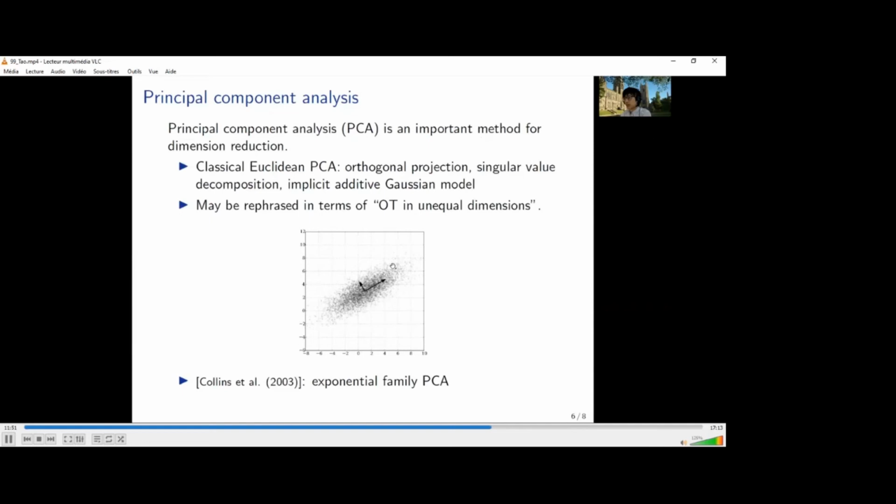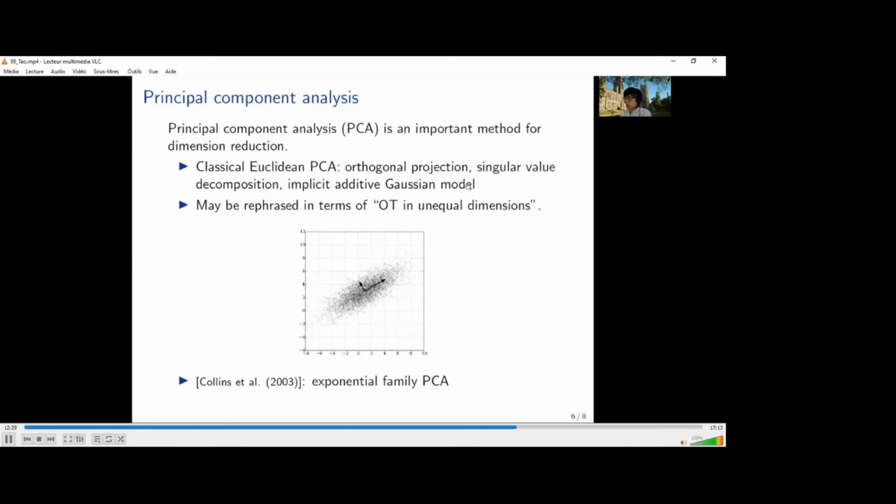the largest eigenvalue. So here, this is the Euclidean PCA, which assumes a Euclidean geometry, or equivalently a Gaussian probabilistic model that generates the data, so that the mean is constrained to lie on a linear subspace. We can also think of the Euclidean PCA in terms of optimal transport in unequal dimensions, although I'm not going into detail here. So in this work by Collins and collaborators in 2003, they extended the Euclidean PCA, which corresponds